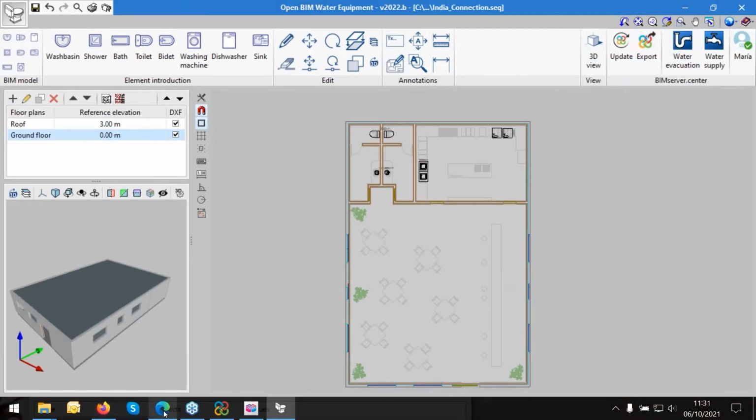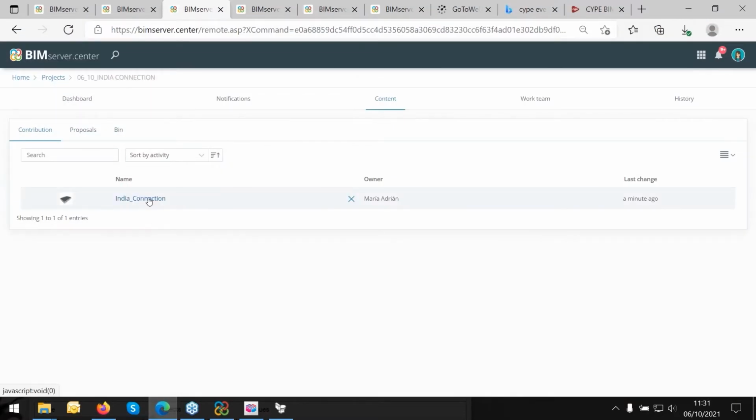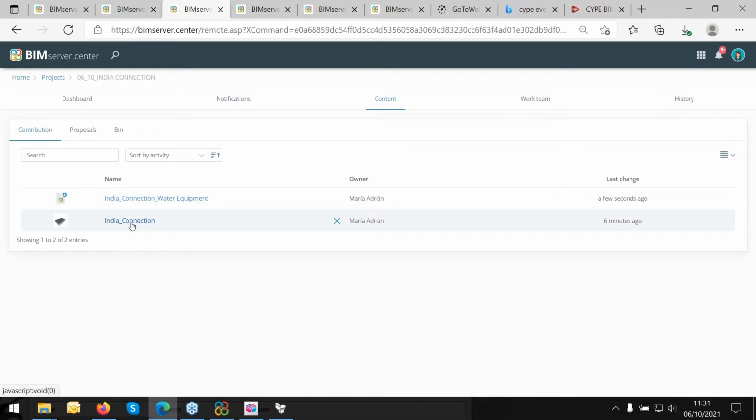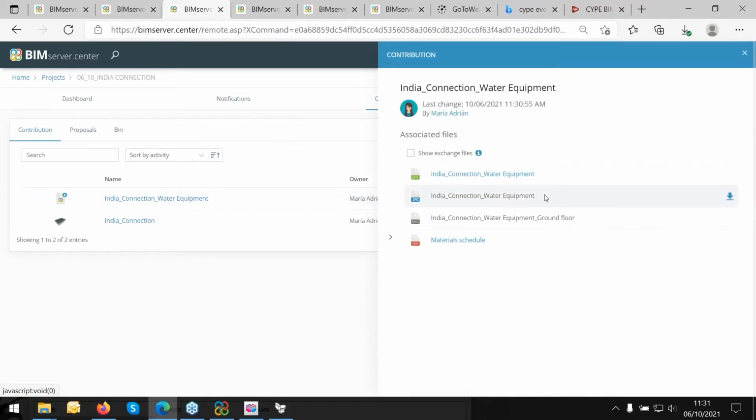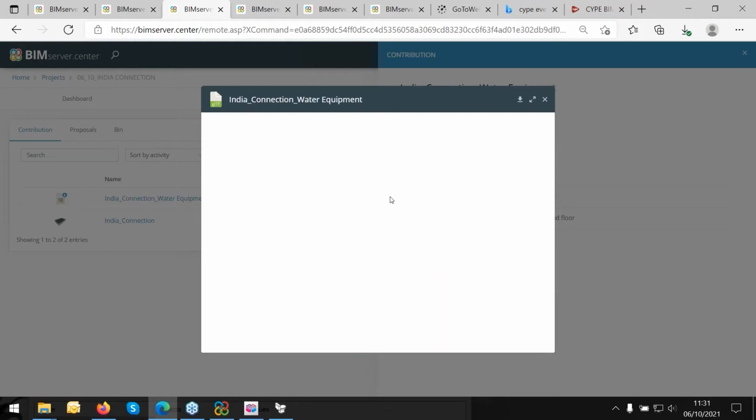By clicking export, this is going to go to the cloud, to BIMserver.center. So here it is now. At this moment we have the architecture, but as you see here, now we have added the water equipment. Okay, so well, this is it. Now these elements are here,